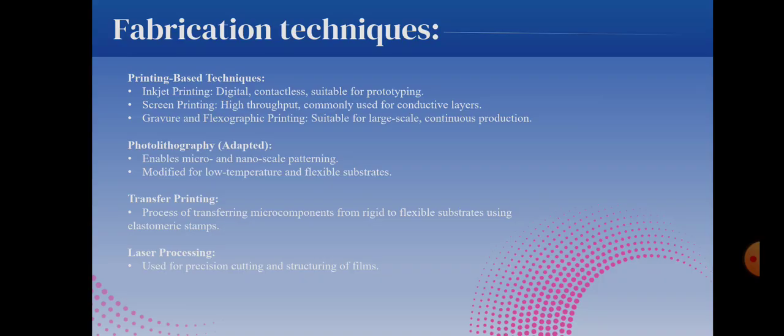There are multiple fabrication techniques including printing-based techniques: inkjet printing, a digital and contactless method perfect for prototypes; screen printing, used for mass production of conductive layers; gravure and flexographic printing, ideal for large-scale production used in roll-to-roll methods; photolithography modified for low temperature processes to suit flexible substrates, enabling micro and nano scale patterning;